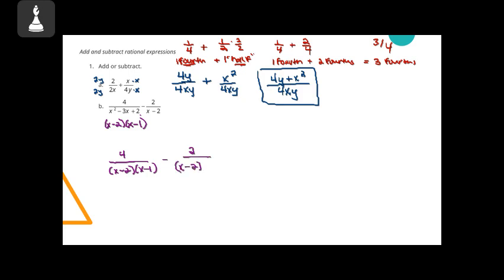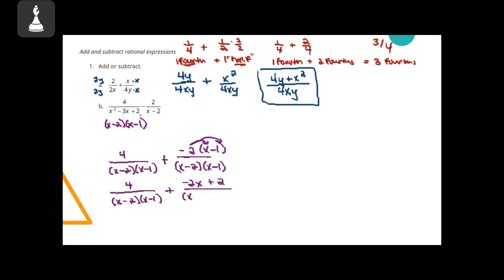Now, one thing I'm also going to do here is I do not like writing the minus sign here, so I'm going to change this to plus, and I'm going to put the minus sign right next to the 2 just so I don't lose it. I'm working with that second one because this first one's clearly not changing. Negative 2 times x is negative 2x, and negative 2 times negative 1 is positive 2, all over x minus 2, x minus 1. I'm now at the point where I have like denominators and I can add across my